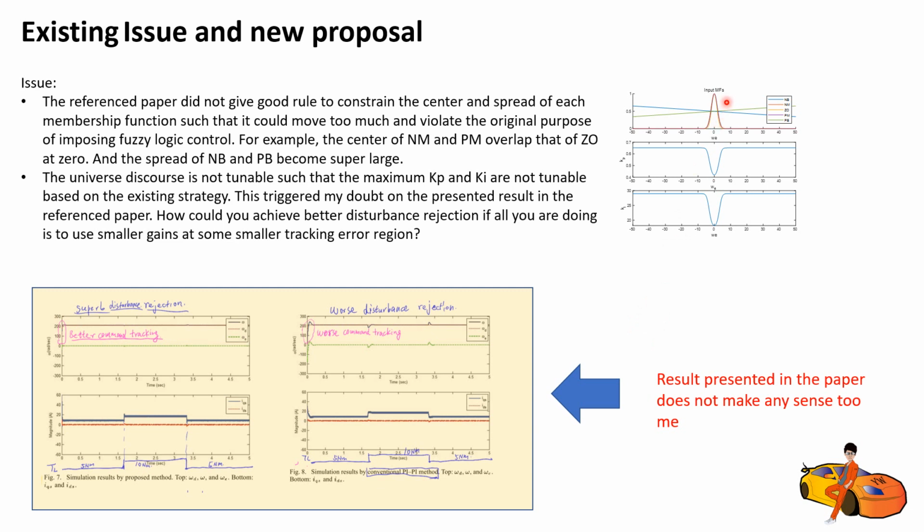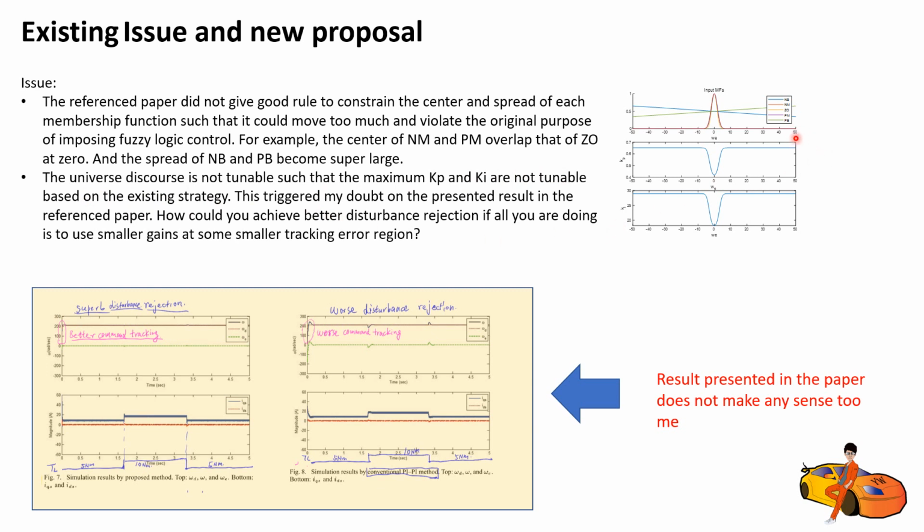For example, the centers of NM and PM could sort of overlap that of the zero, and then the NB and PB spread becomes super large. Another thing is the universe of discourse is not tunable, such that the maximum Kp, Ki are not